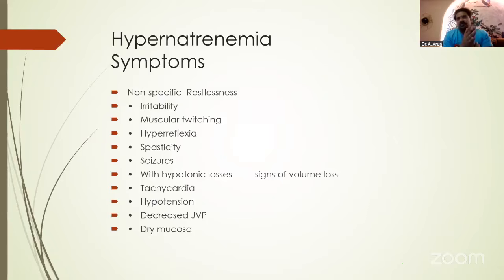So, as I mentioned, the symptoms of hypernatremia include irritability. Generally, a patient, even when you talk to them, doesn't respond very well. There could be spasticity. You could also sometimes see seizures in such patients. When we look at the monitor, there will generally be tachycardia because of the perceived loss of fluid. There will be hypotension. The classical features that we see, like sunken eyeballs, are more for pediatric patients. But in adults, at least, you can see the skin turgor, and you can see the dry mucosa. That is one thing that we have commonly seen.